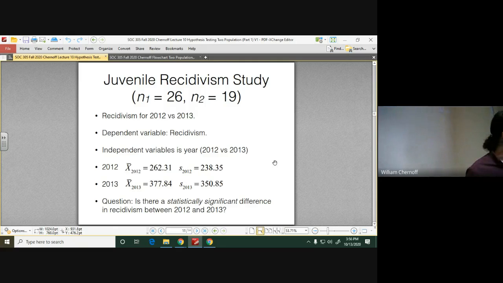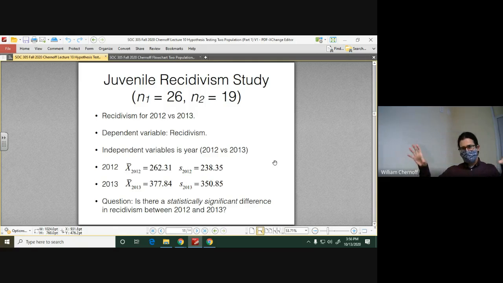So in this situation, our dependent variable is recidivism. So it's the number of days until next offense. We're talking about a very continuous thing. So in your work, it's going to be, again, fear of crime, number of drinks, number of housing issues. Now, as far as our independent variable goes, in this case, it's year. And it works because in this situation, we only have two categories, 2012, 2013. We can even see that this independent variable is ordinal. So 2012 comes before 2013.